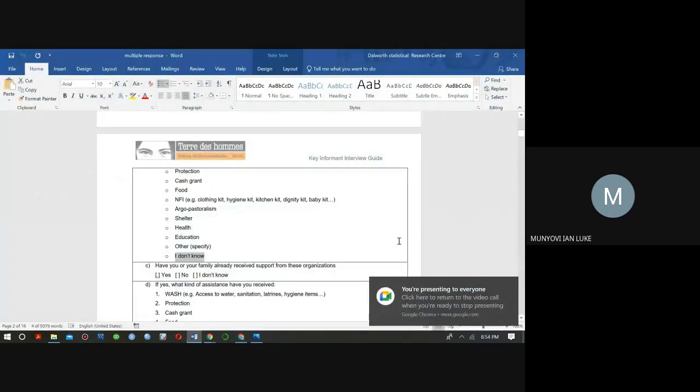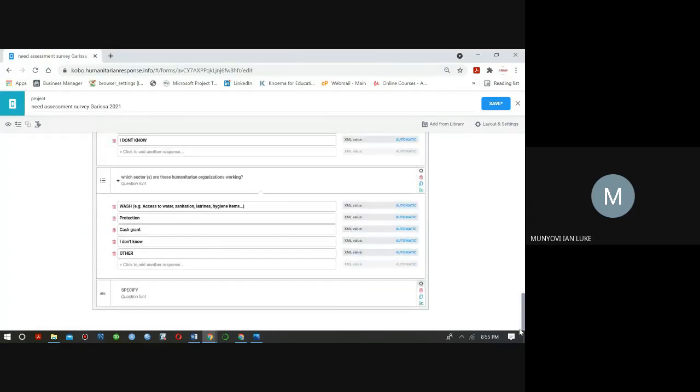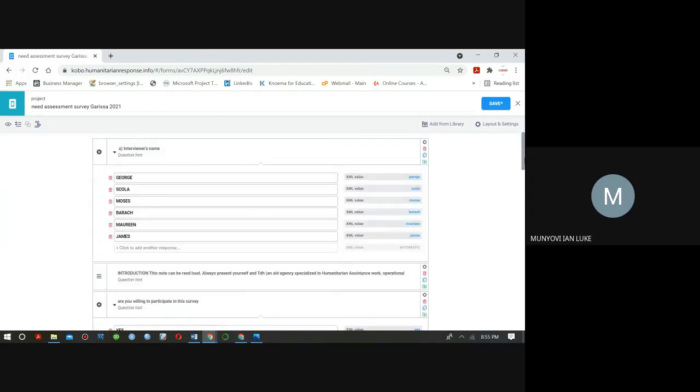Guys, so I think so far we have managed to add groupings, and with the groupings, we have managed to introduce the option of skip logic. Now, let me just push the concept of mandatory to the next class. So we'll be talking about when should a question be a must and when should a question not be a must.